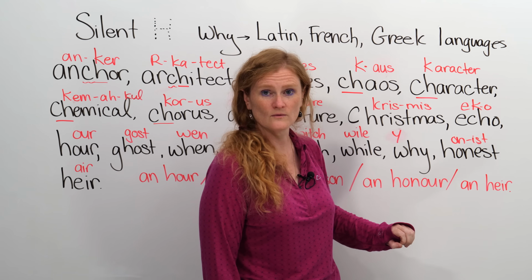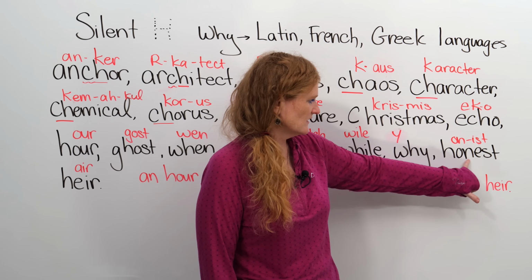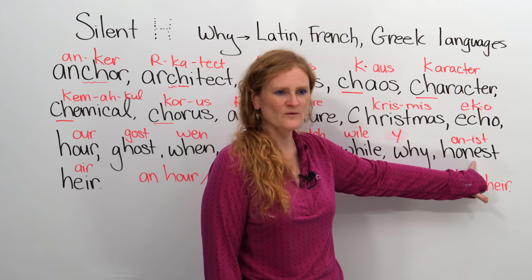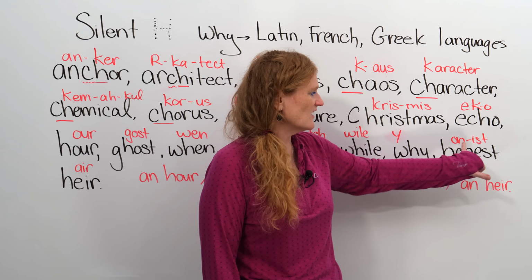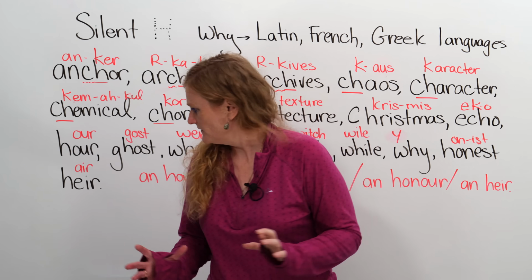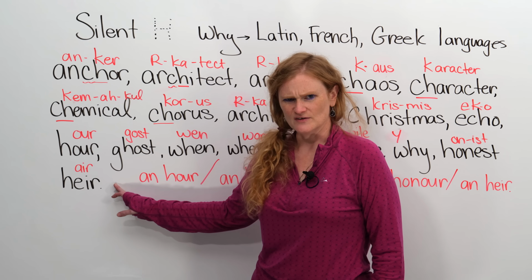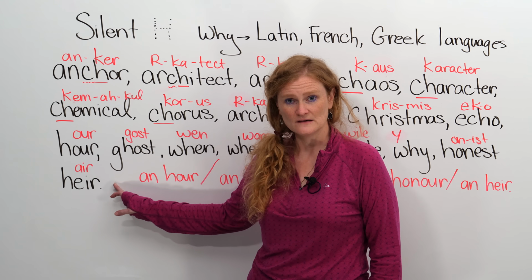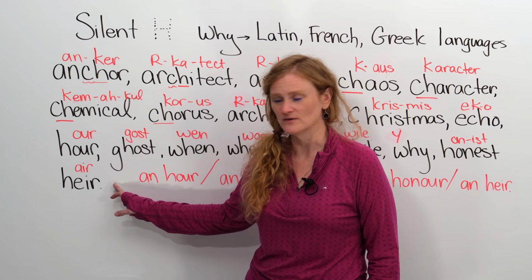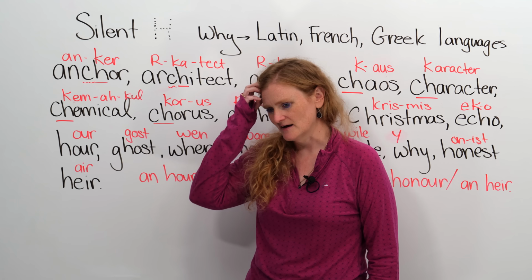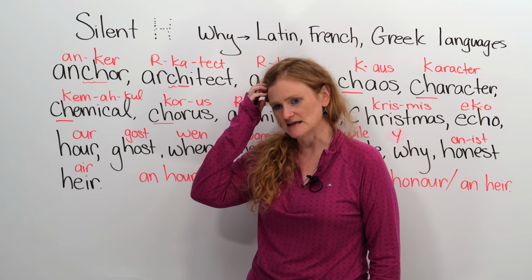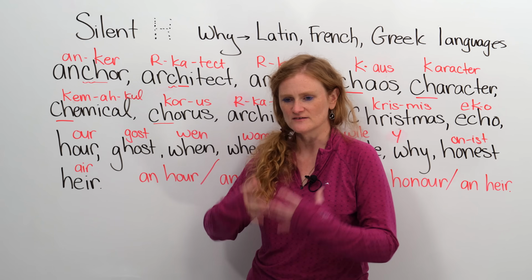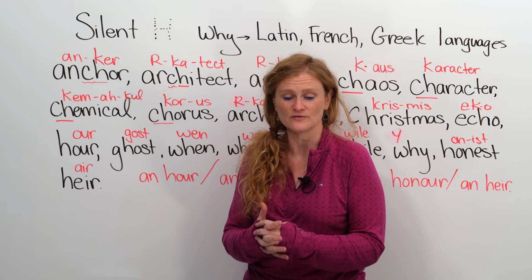Honest. Oh! Honest. We don't say honiest. I'm the honiest person here. But we say honest. So, this one's always crazy too. Heir. You look at this and go, here. I'm the heir to the throne. But it's actually heir. And you think, how did that even cross someone's mind to make it sound like heir? But it doesn't matter because it's a homophone.